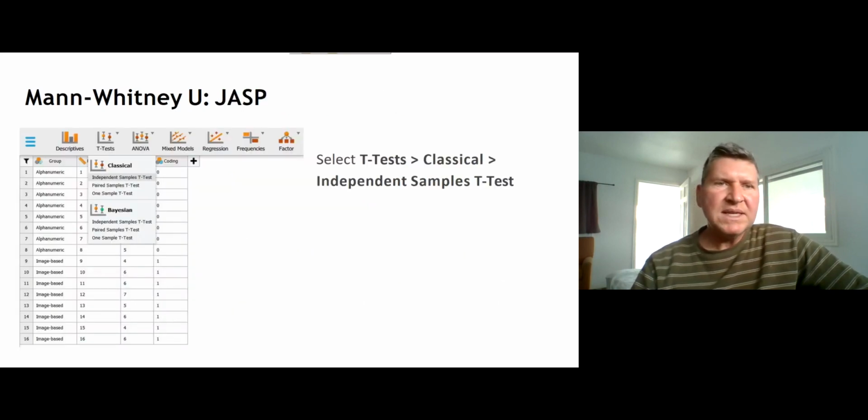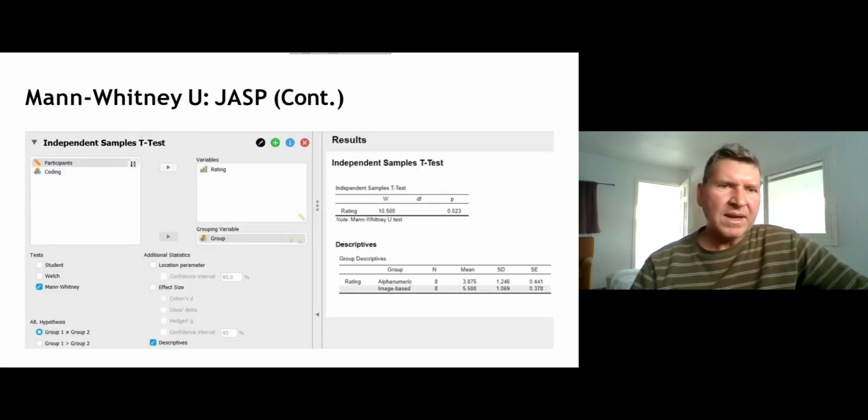In JASP, we would do the following. We would go to t-tests, then to classical, not the Bayesian, and then we would go to independent samples t-test. When we run it, you can see we have our variables once we load our CSV file. And you can see with the test, we use the Mann-Whitney test. You can see we have the Welch test also, and we have the student t-test, which is the one that